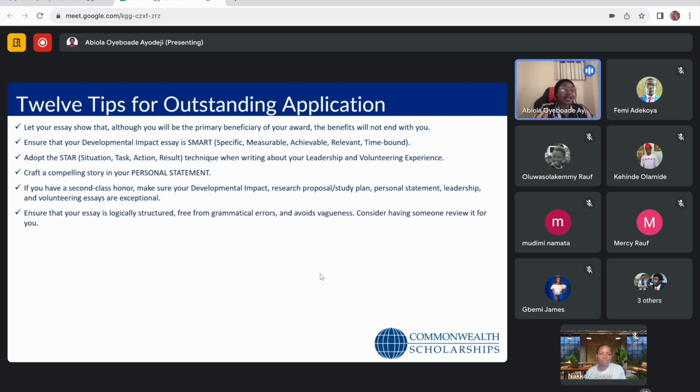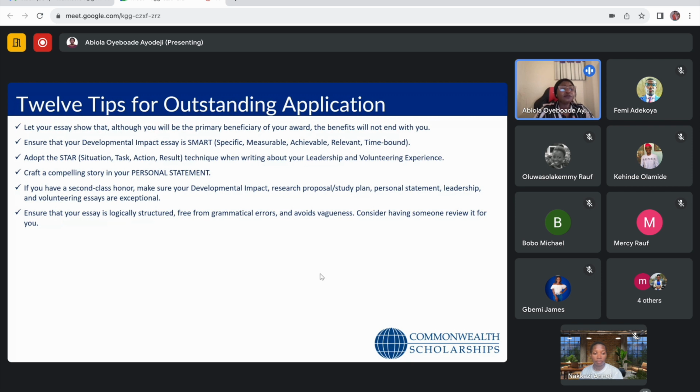And have someone review your essay for you. You can have access to any previous scholars or even scholars from different universities. Just ask them, can you send your essays to them, can they help you read through? They will give you some points and help you make some corrections. There will be an improvement, I believe. So you can get someone to review your essays.